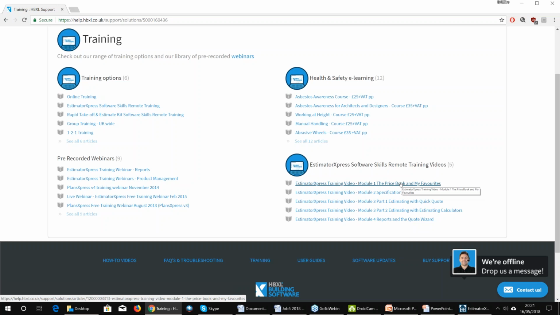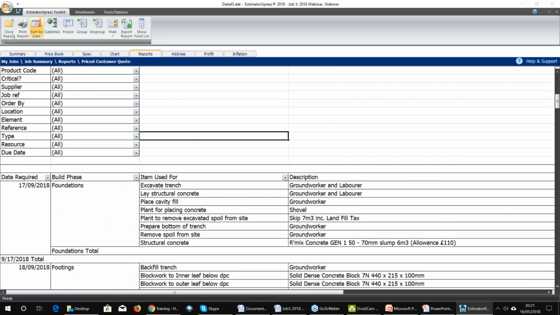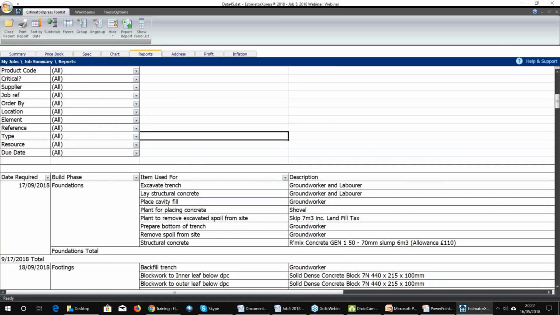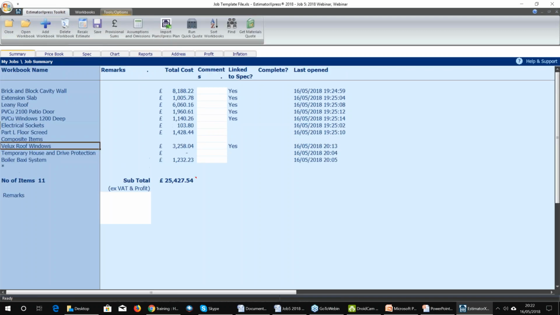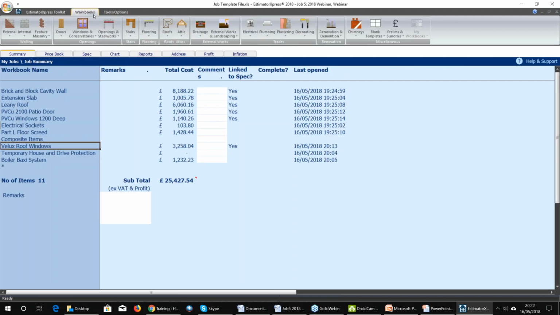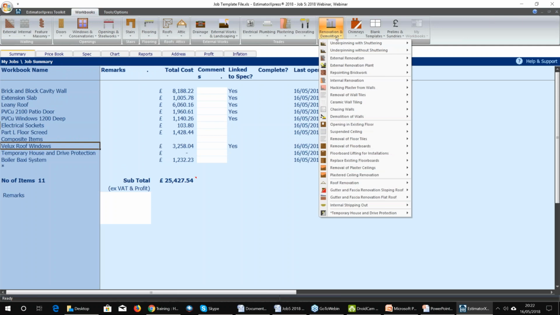Next question. What's the best way to find UBC, fascias, soffits, etc.? Back to my summary. So I'm going to go to my workbooks tab, then the renovation and demolition drop-down, and in here you will find guttering and fascia renovation, sloping roof, and gutter and fascia renovation,